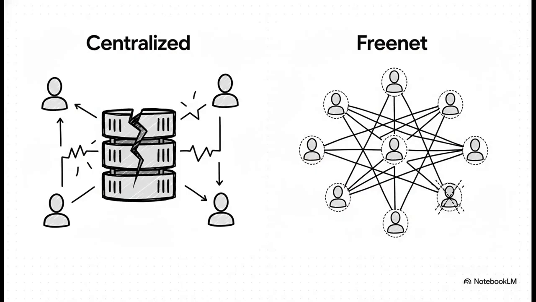And to really get why that's such a game changer, just look at this. On the left, that's the internet we know. Apps rely on a central server. If that server goes down, poof, the app is gone. It's a classic single point of failure. But on the right, that's the Freenet model. It's peer-to-peer, which makes it resilient, because the app literally lives on everyone's devices, not in one vulnerable spot.